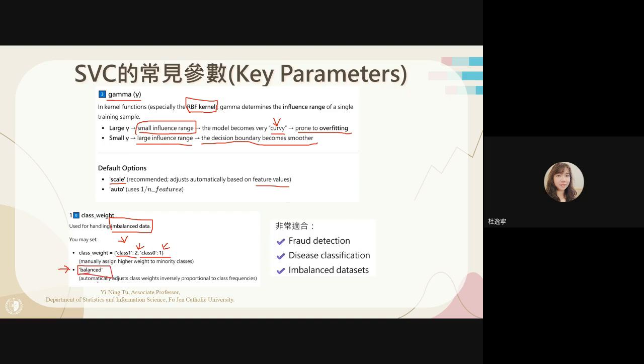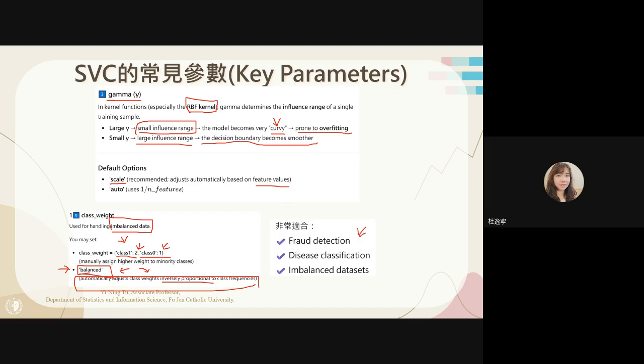You can also use the default balanced. It automatically adjusts class weight inversely proportional to the class frequency. So it makes the two categories balanced. 所以少的资料它会自动权重调高，多的资料会自动权重调低，最后会把它 balance，所以它会 inversely proportional to the class frequency。这个是自动把它调到两边一样。